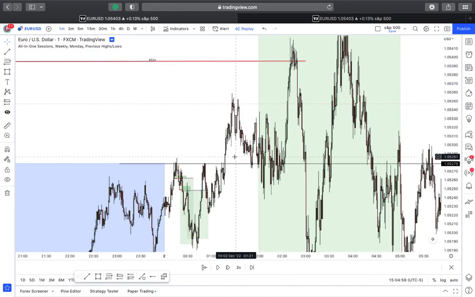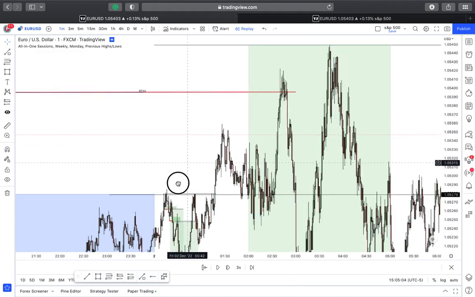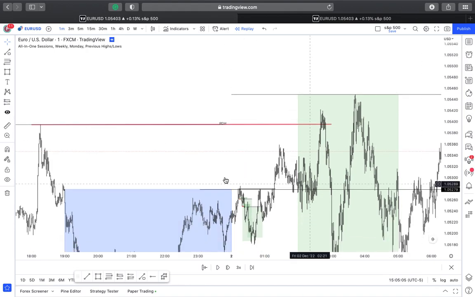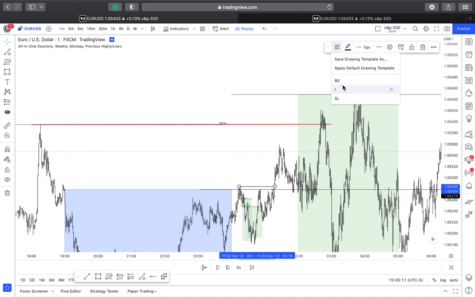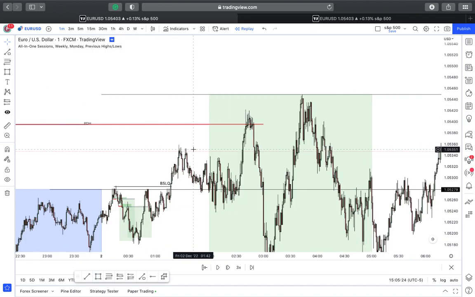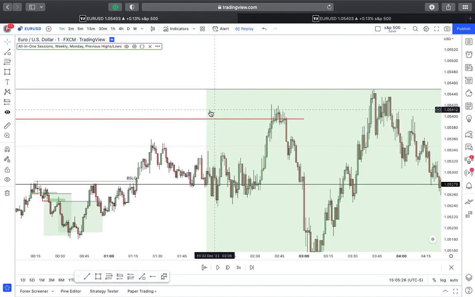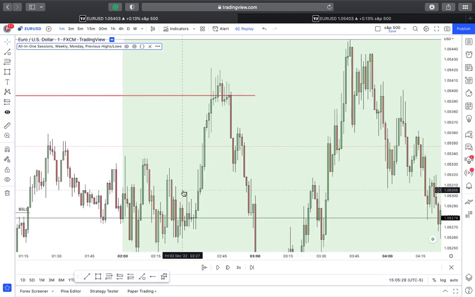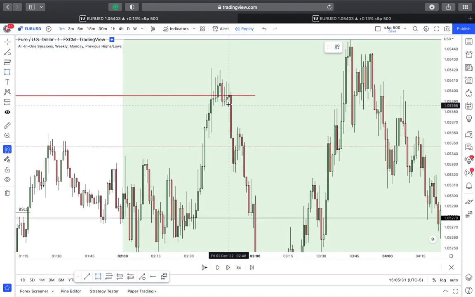Now after this raid over here, what would you be waiting for? Because you know that this raid of your previous valid structure, right? Like this, after the raid of your previous valid structure, the price is moving for this previous day's high to take this previous day high, and then so we took out the previous day's high in this scenario, and you had your first entry on your fair value gap,